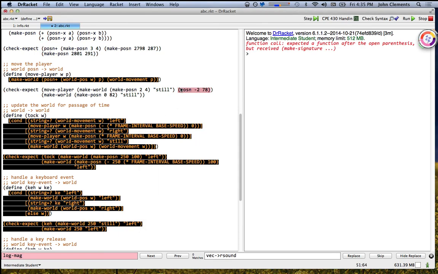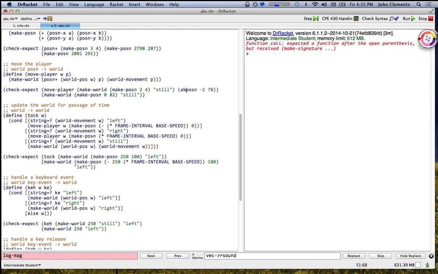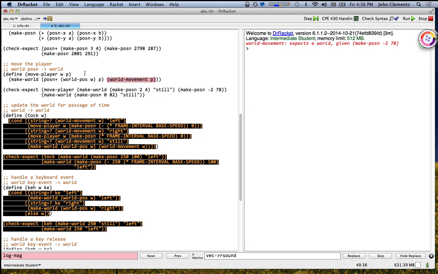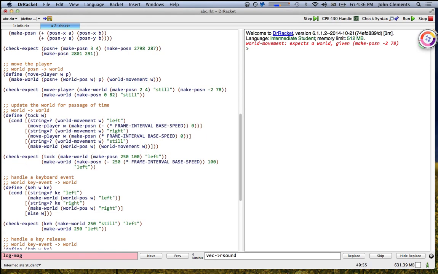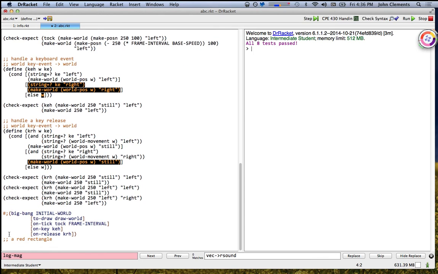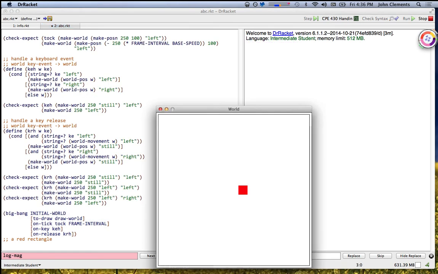Yeah, same thing here. Okay. Make world movement just should have been a W. Okay, our A tests pass. Our test coverage is not fantastic, but there it is. Okay, we've extended this so that